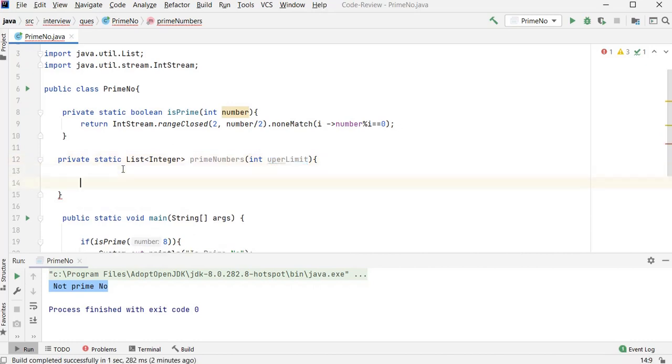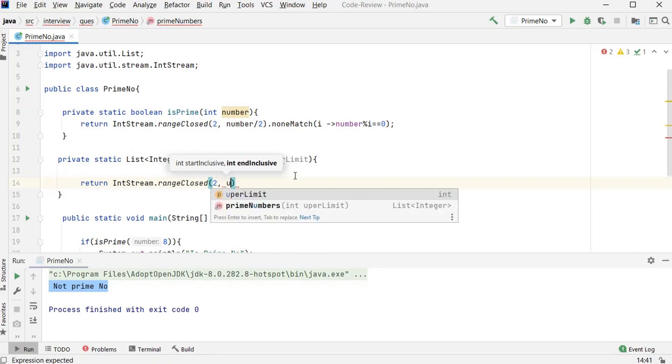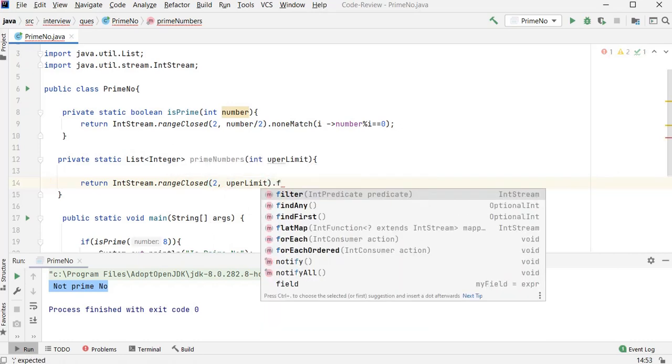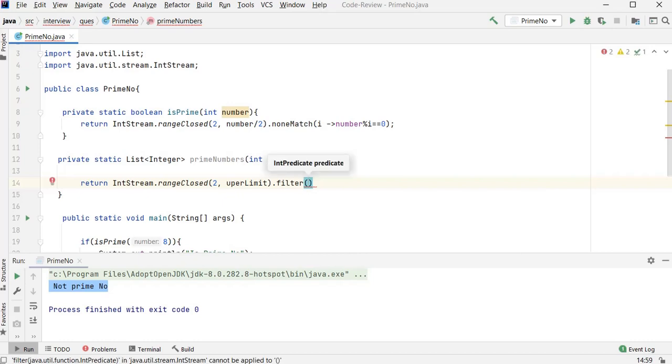So I'll write the logic here. For that, I'll return IntStream, and again I'll use the same method, rangeClosed, and I'll start from 2 because prime numbers always start from 2, till the upper limit. And here I'll use filter, and in the filter I'll use a lambda, i, and isPrime. This can also be called a kind of predicate in Java.